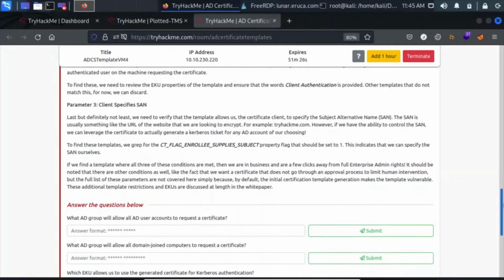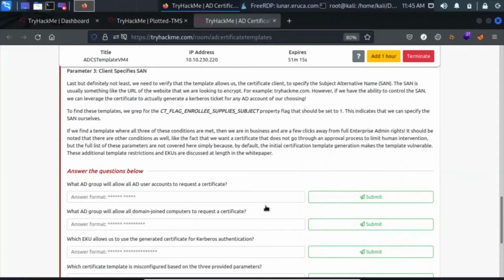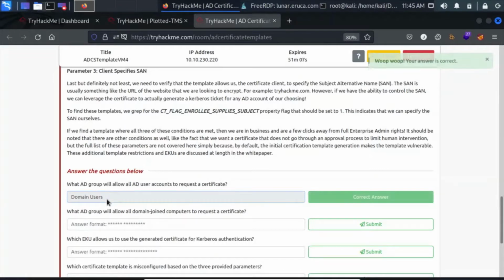Third one is client specific SAN. So if the CT flag enrollee supplies subject is equal to 1, so it is set to 1, that means this condition is also satisfied. What Active Directory group will allow all Active Directory users to request a certificate? So the domain users is the group that will allow all Active Directory user accounts to request a